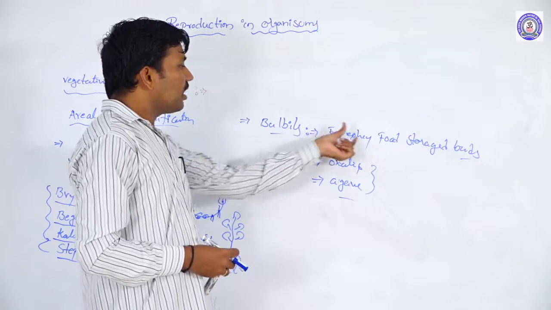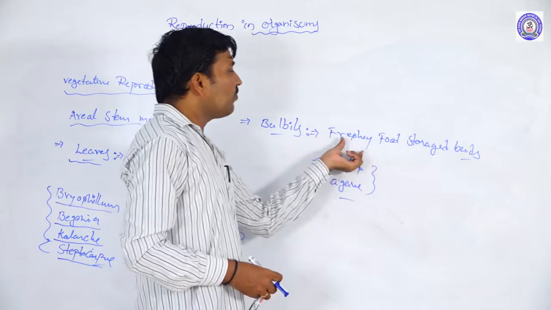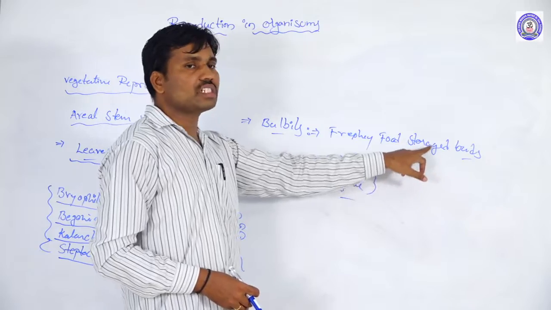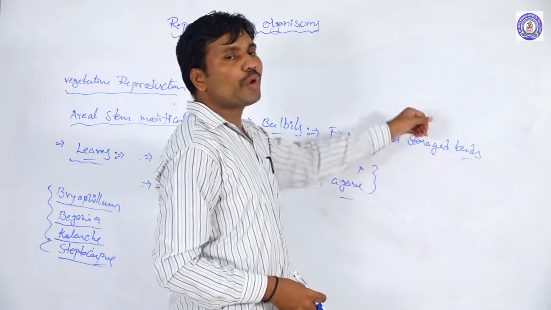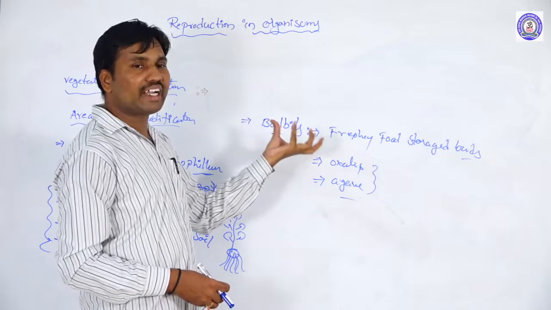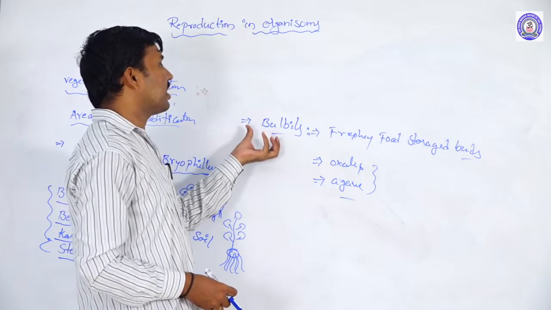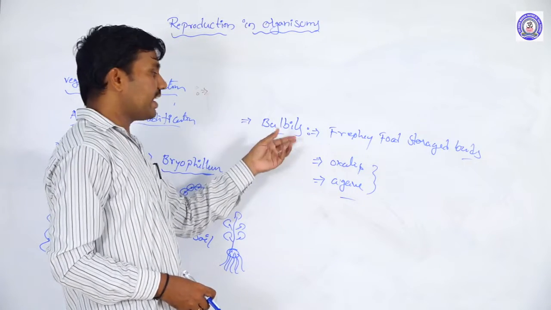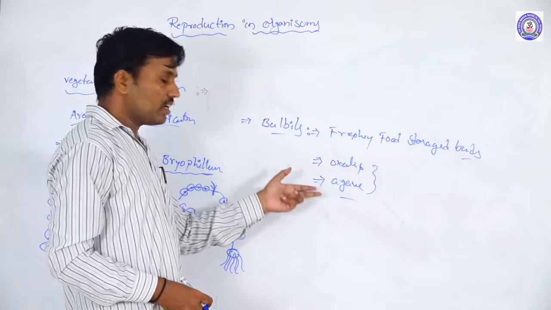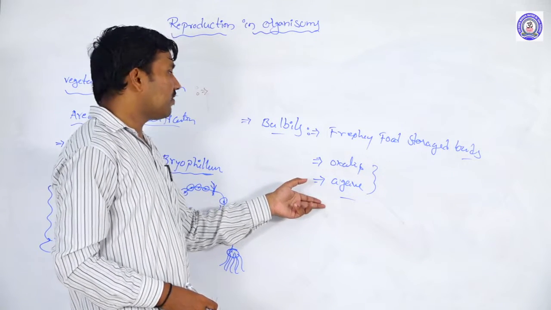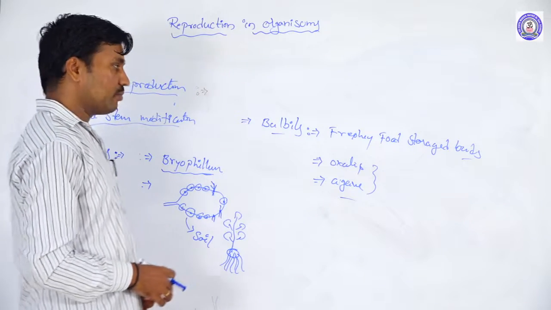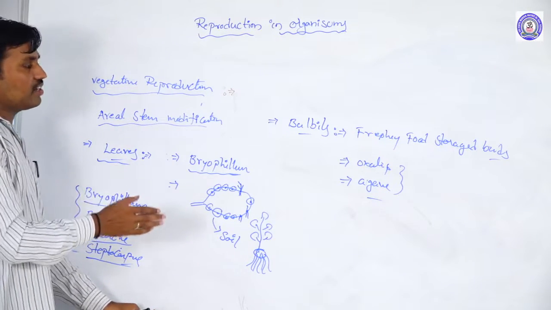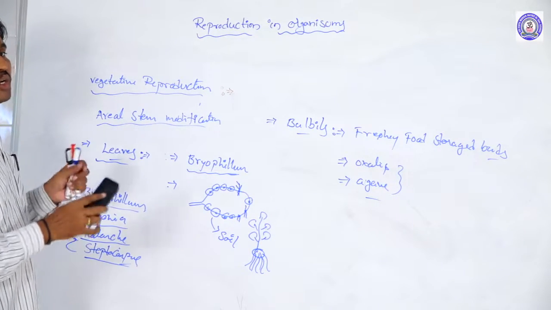So what happens is, the buds form, and these buds are fleshy food storage structures. Whenever these buds touch the soil, a new plant arises from them. They look like bud-like, bulb-like structures, so they are called bulbils. The buds look like a bulb, so these are called bulbils. Examples are Oxalis, Agave and Dioscorea. So these all come under vegetative modifications. These are the natural methods of vegetative propagation.